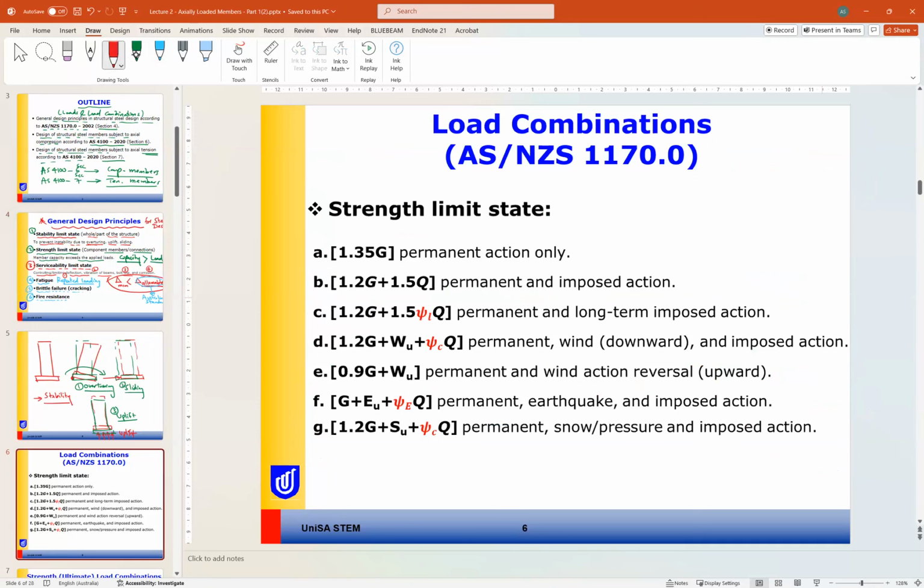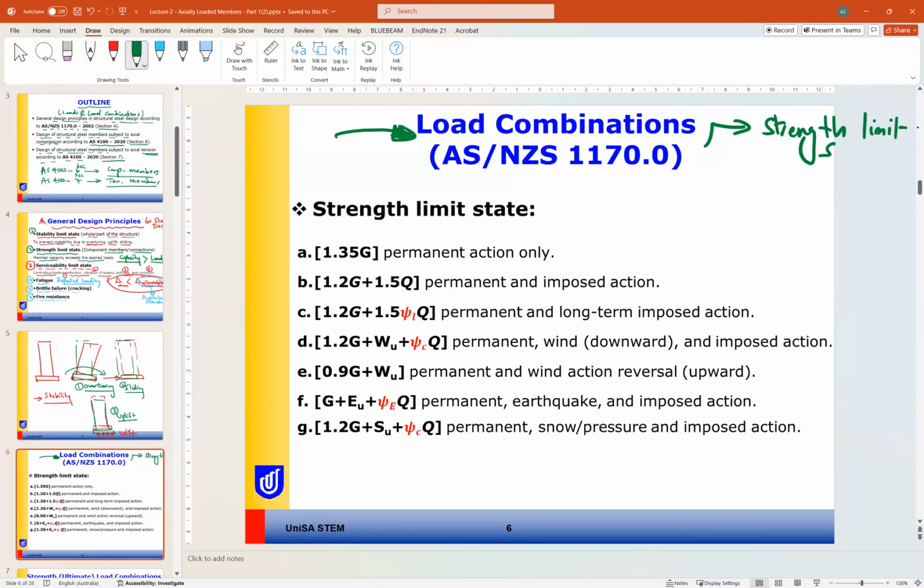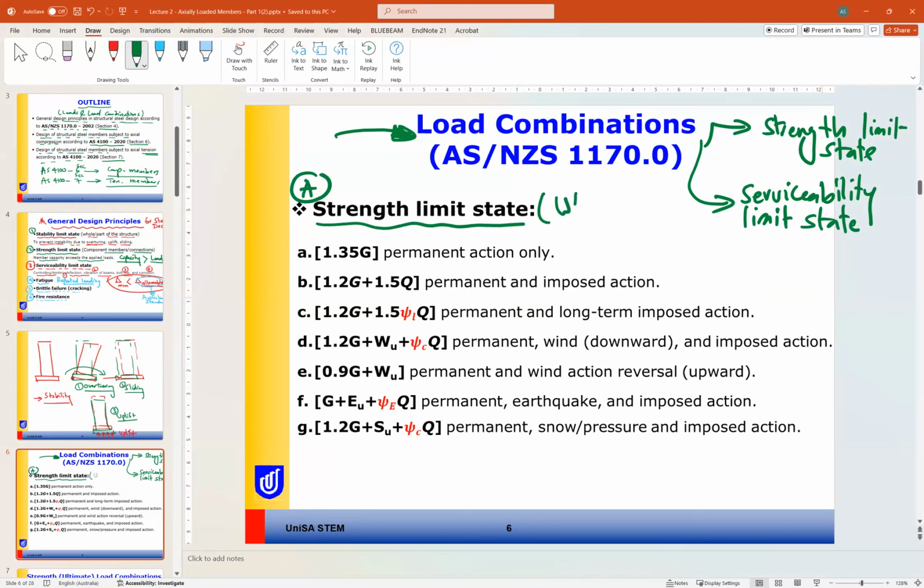Actually, our concern in this course will be about the two criteria, strength limit state and serviceability limit state. So this is our focus in design, strength and serviceability. So for strength limit states, or we can call it ultimate limit state,